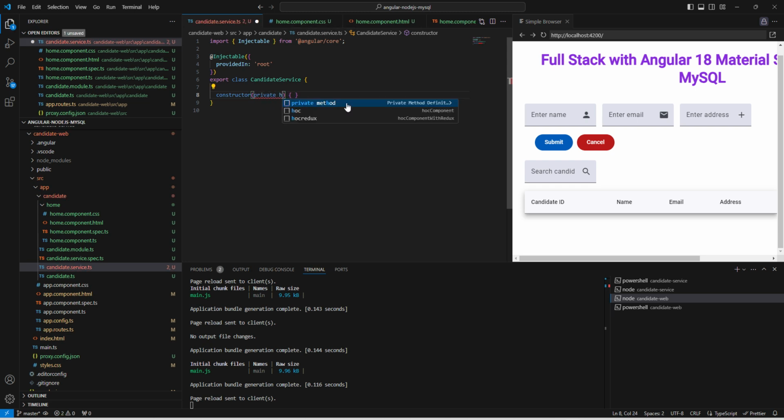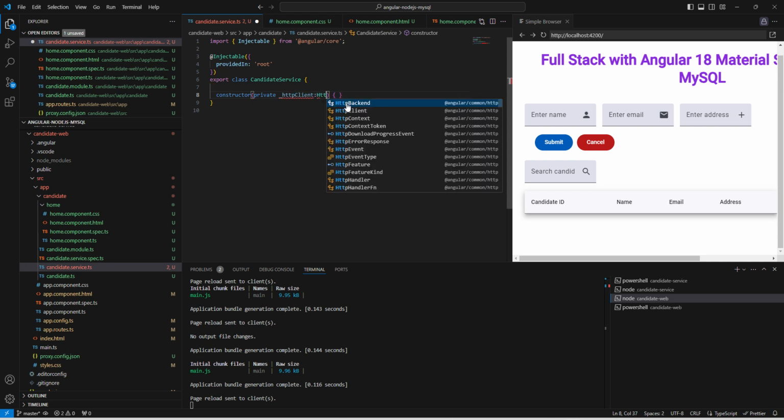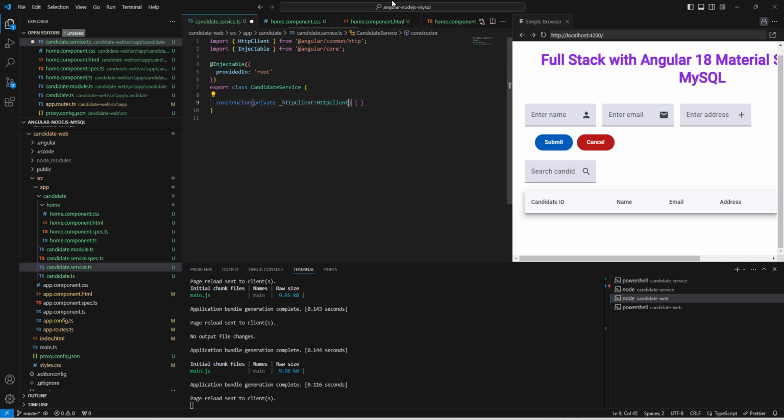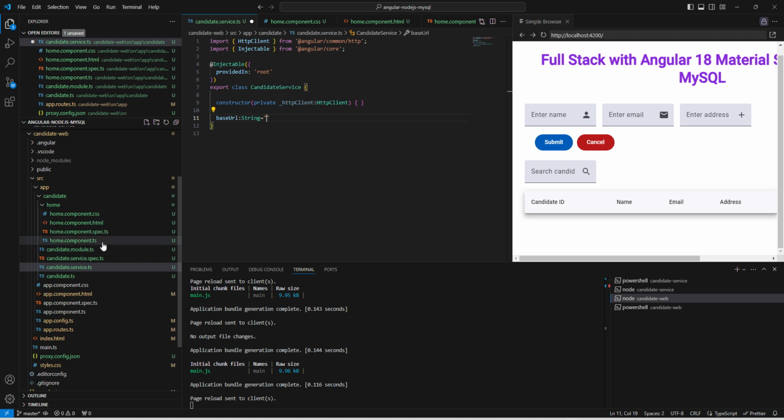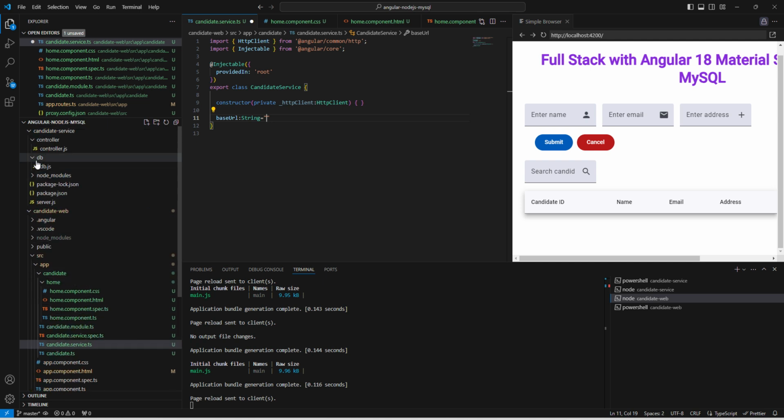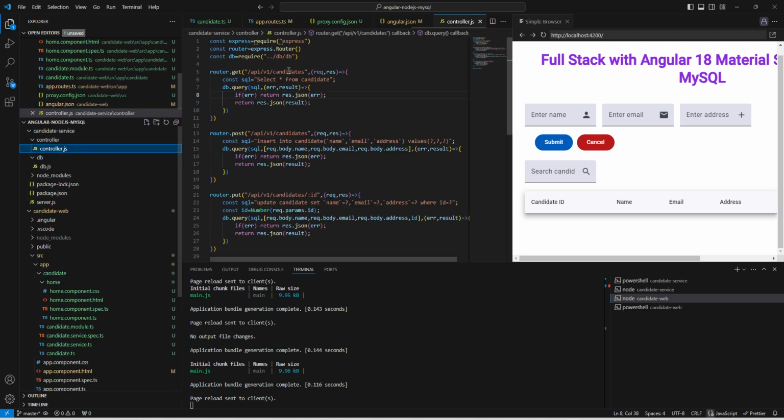Inside that we can define one service variable, which is the HTTP client we are going to use. In the constructor, we can add one base URL, which is of type string, and we can mention the base URL. And what is the base URL basically? So we can go back to our backend development, and if we go to the controller, this is the base URL we can copy,